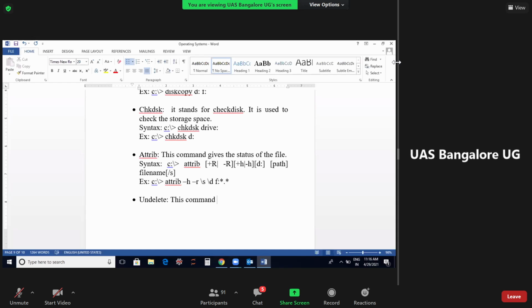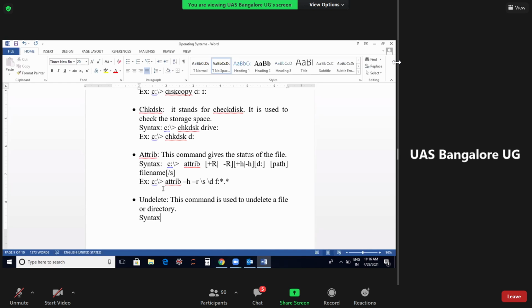This command is used to undelete a file or directory. That is, whichever is deleted, if you don't want it deleted, you cancel the delete and get back the same particular file, so you call it undelete.